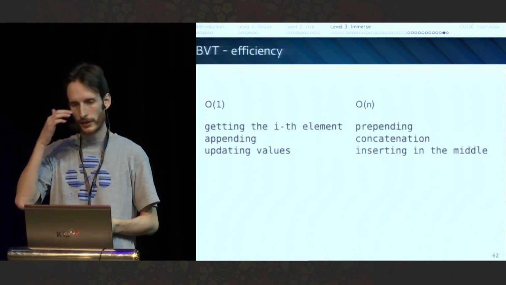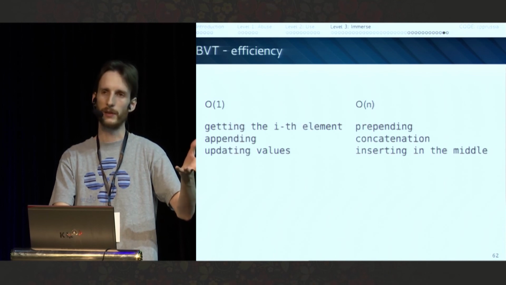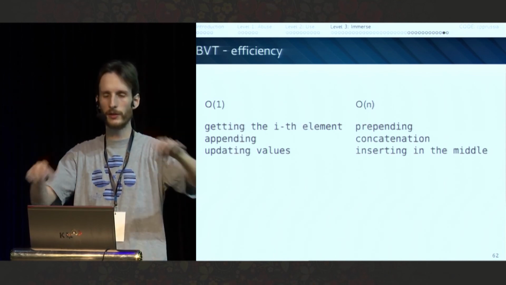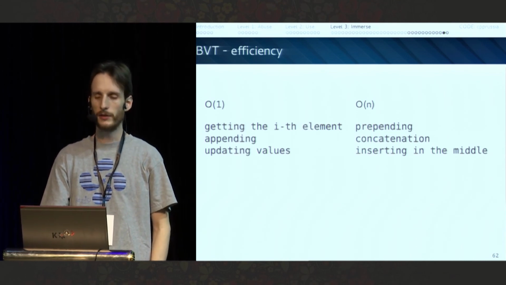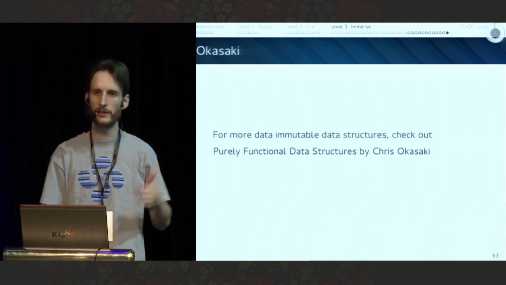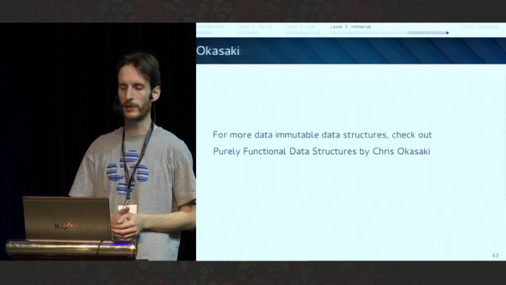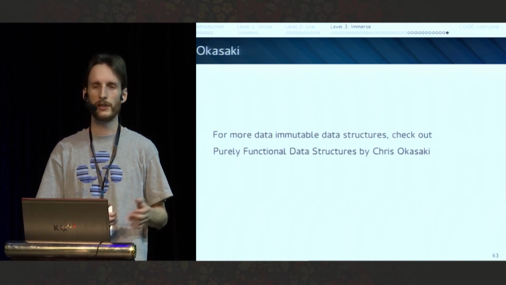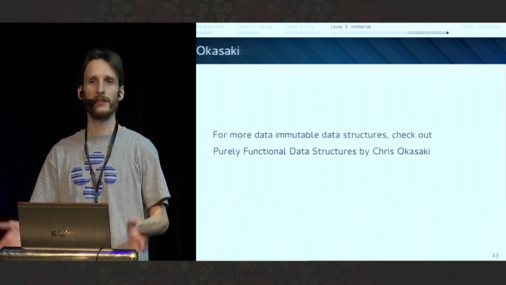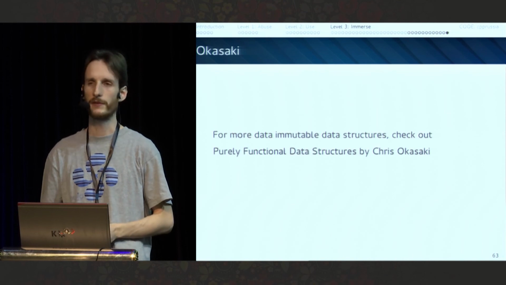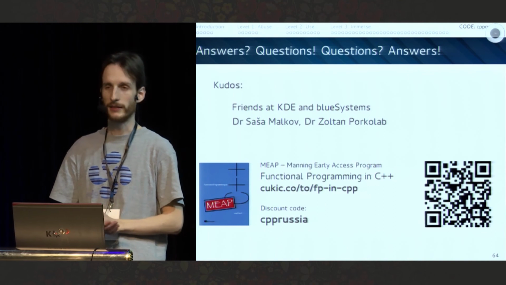And the cool thing about this structure is that the same principle of having a tree and sharing all the nodes apart from one branch works on not only this structure. You can check out a book. It was first his PhD thesis and later he published a book. So Chris Okazaki, Purely Functional Data Structures. You have red-black trees that are immutable. You have everything with persistent or immutable versions. And that should be it for today.